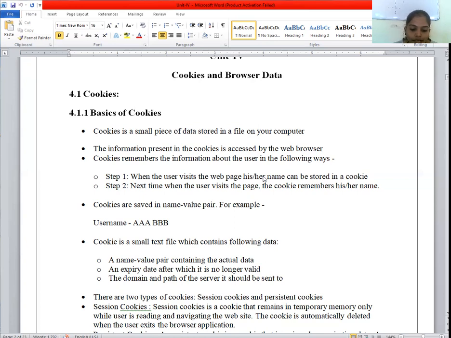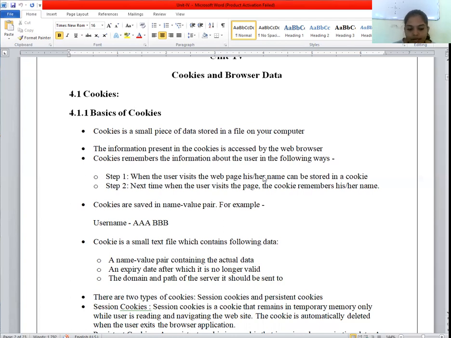A cookie is a small text file which contains the following data. As I already told you, it's stored in a plain text file. First, a name value pair containing the actual data. Second, an expiry date after which it is no longer valid. Third and last, the domain and path of the server it should be sent to.